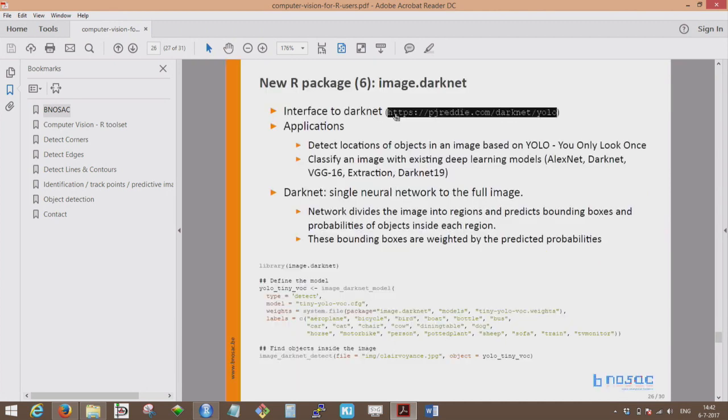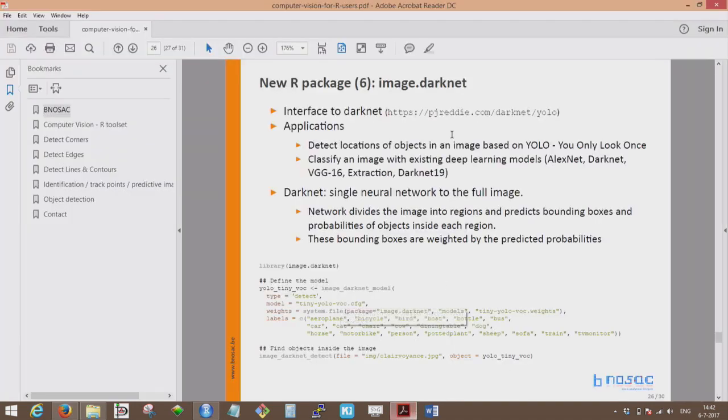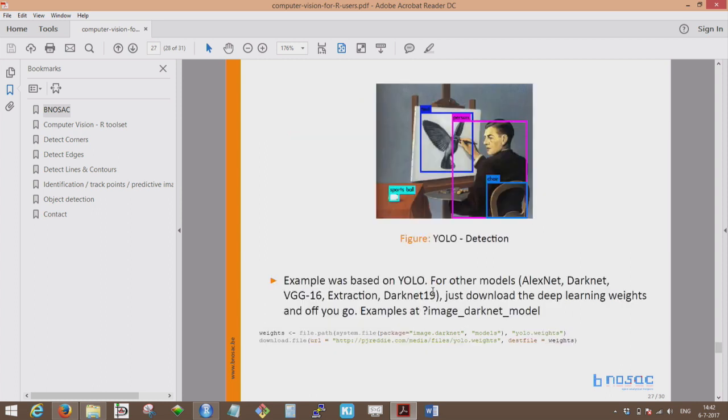It's an interface to Darknet. If you're interested in that, it's a neural network library, a big deep learning library, where you give in so-called YOLO, or you only look once. So what can you do with it? You basically have a function called image darknet detect, and that one will detect the locations of certain objects inside of your image. Here we're in Belgium, so this is an image from